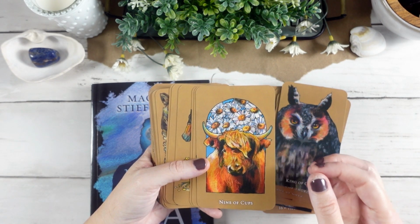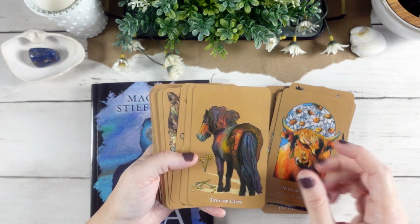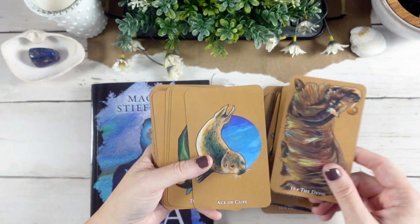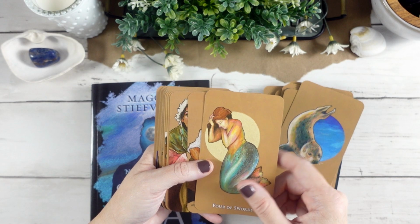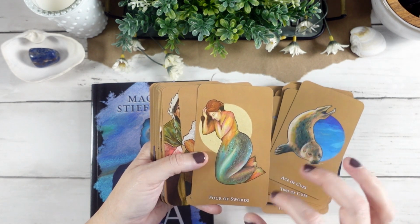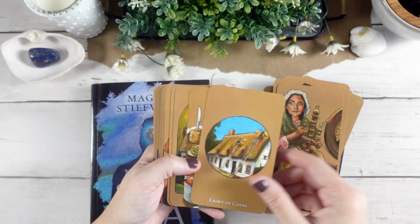Now, the things that this deck does really well, and there are several, one is diversity. So let me find some people cards, which I may have already gone past. Even look at this mermaid. This mermaid is a little bit more full figured. We have different skin tones,